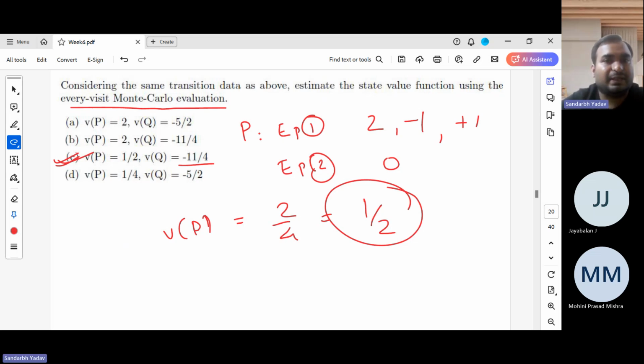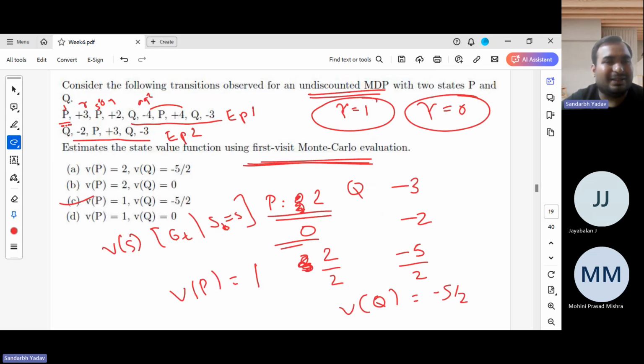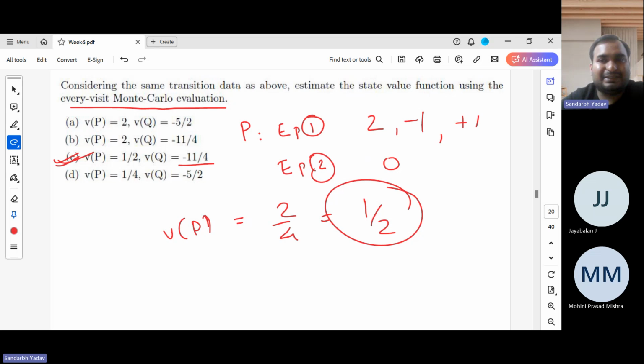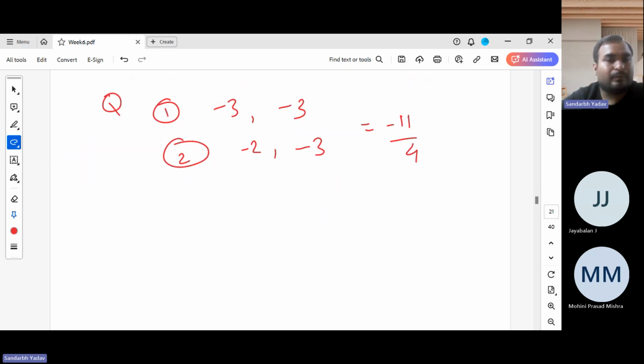So I hope you got this concept of first visit, every visit, second visit. Sometimes, if longer data is given, maybe some transitions might be even longer, so you might be asked about the third visit also. If you are asked every visit, then you need to factor in all visits, whether they are the fourth, fifth visit, everything. And take special care when taking these averages. You don't have to divide by the number of episodes in every visit, but by the number of times you are actually having these values. So it's 4. Some episodes might be having more than one visit.